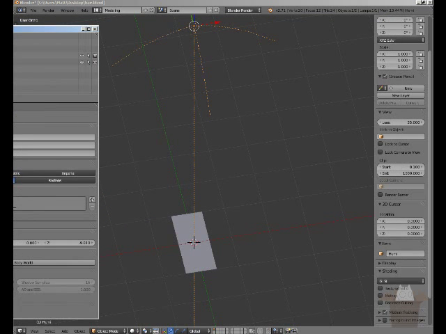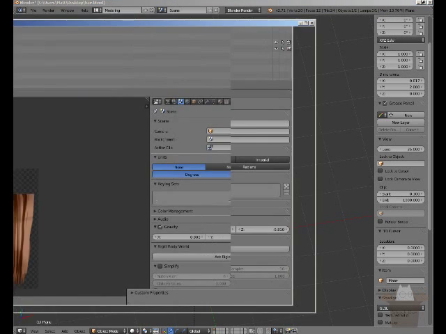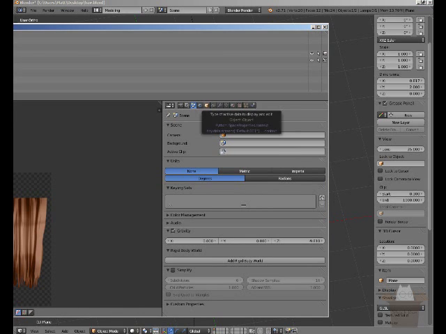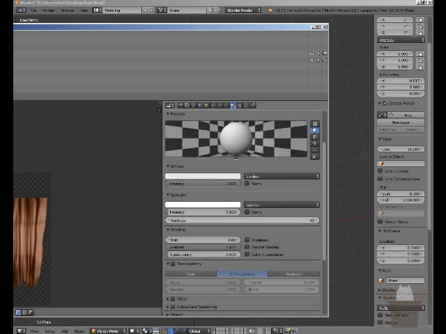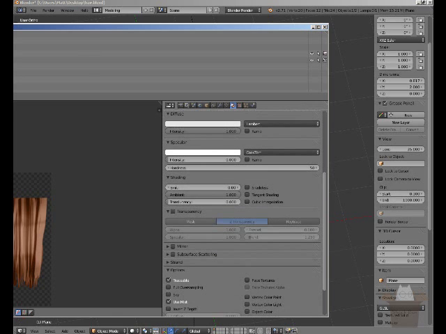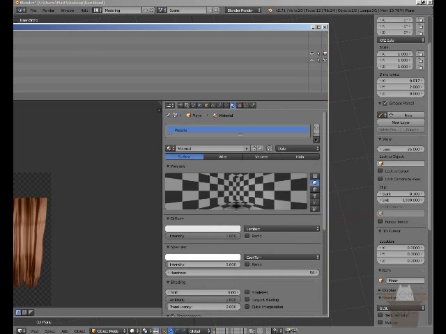You'll need to make sure that your hair plane is selected, then go over to your properties panel, and then we're going to go over to materials, create a new one. I like to set the intensity all the way up, specular all the way down, because this is going to be used in a game, and I like to get the general idea across of what I'm trying to achieve, I guess you could say, so I know how things are going to look and behave. And if I had specular, it would throw things off a little bit, at least for me. Then we'll need to enable transparency, alpha all the way down. Don't bother with any of the other settings. Then let's go ahead and name this